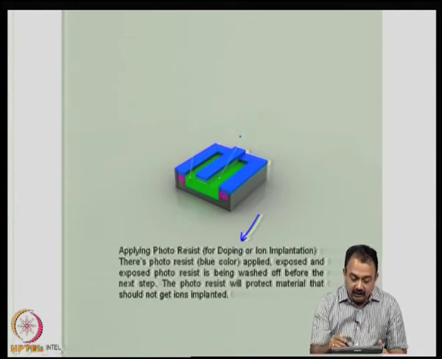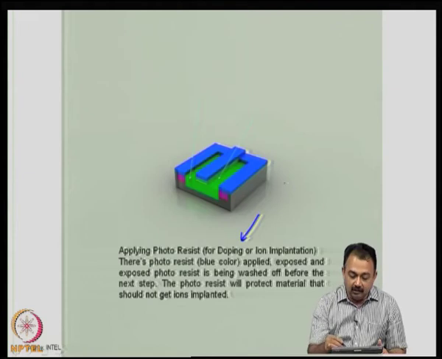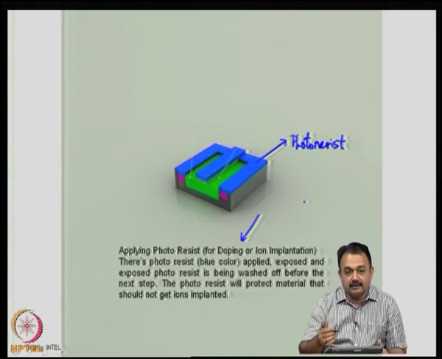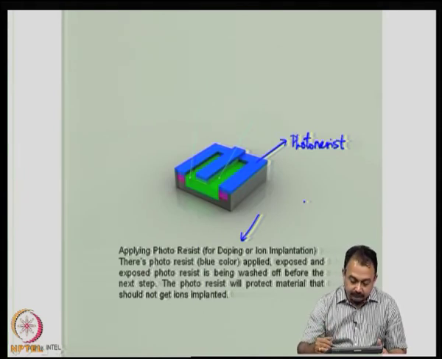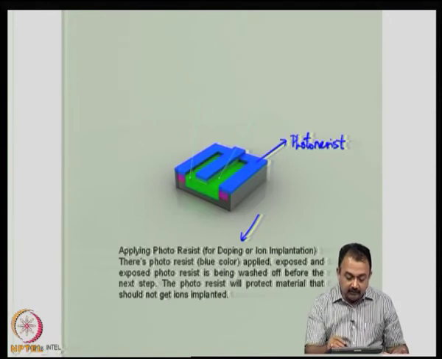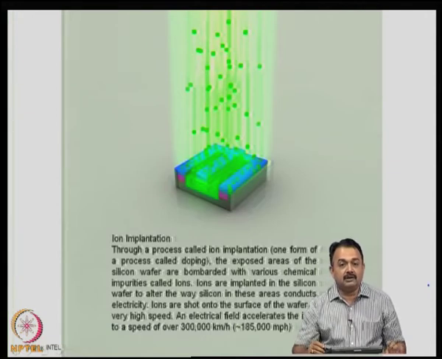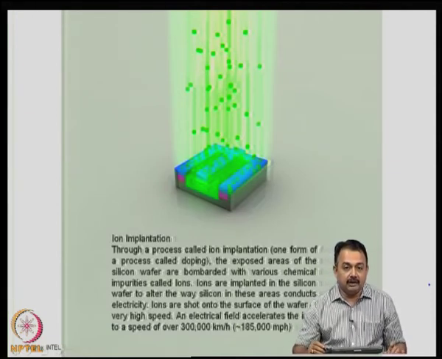So, the area that takes up the dopant here is well marked here by these arrows, you can see. So, the other areas are covered with the photoresist. So, this is a photoresist material. So, again we start with the photoresist application, baking, and then you keep the area exposed for doping. So, the photoresist will protect the area and this area will not take any dopants. This is the ion implantation process. There are different materials, equipments that will be used for ion implantation.